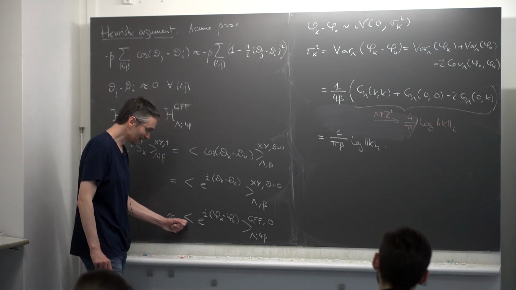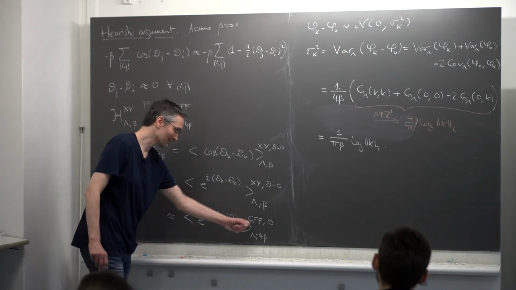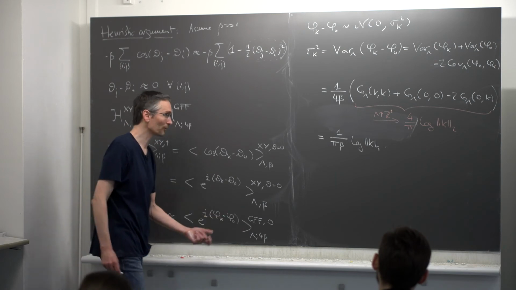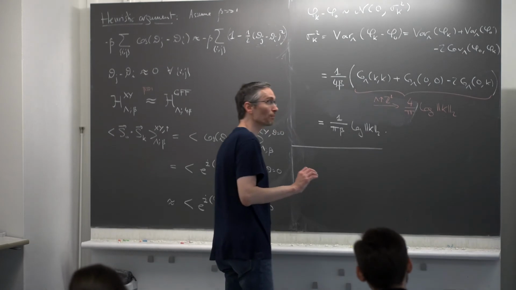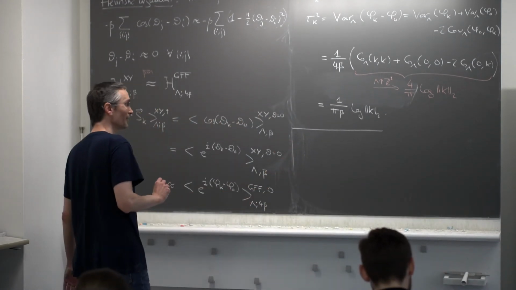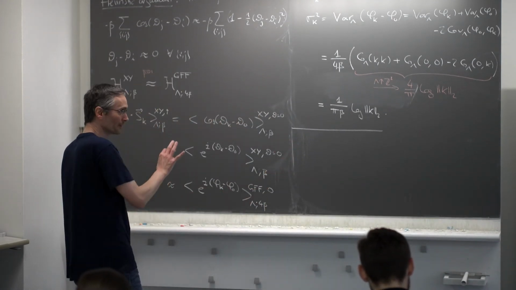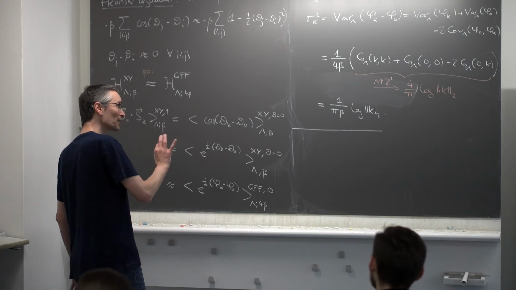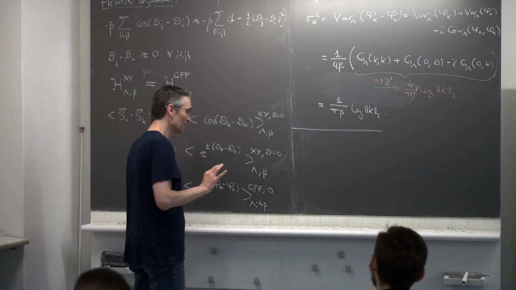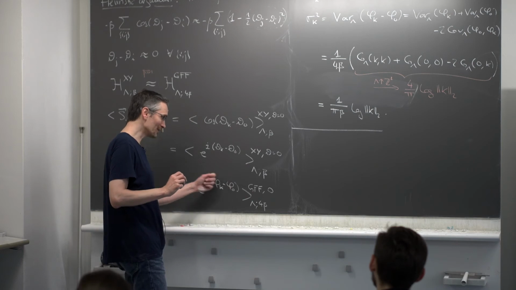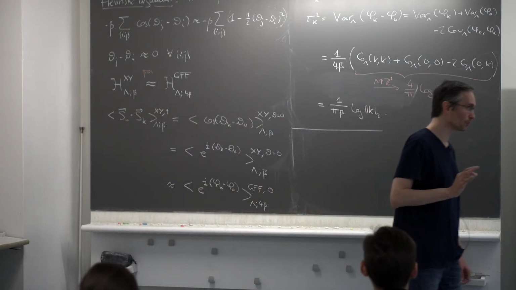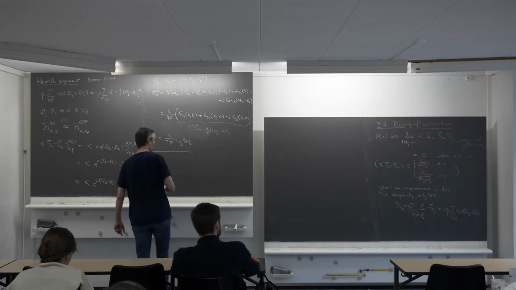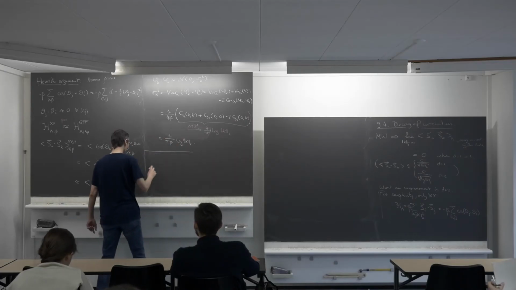What I'm interested in is the expected value for this GFF of e^{i(phi k minus phi 0)}, so let's compute it. So let me just make a brief parenthesis. That's something most of you probably have already seen, but I still want to do it, and you can do it in different ways. I want to do it this particular way because the way I'm going to compute this expectation is very, very similar to what we are going to do in the argument for the XY model later, the rigorous version of the argument.